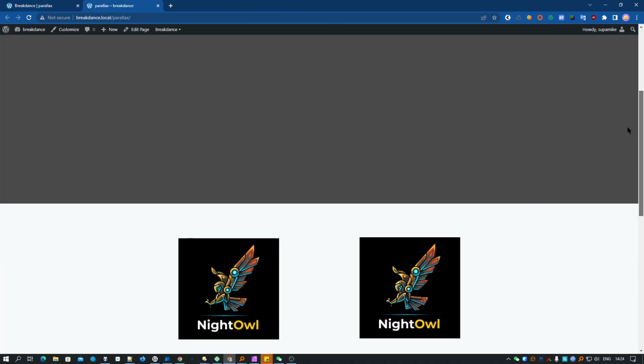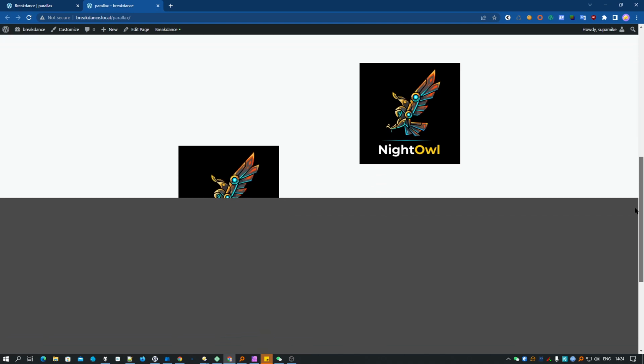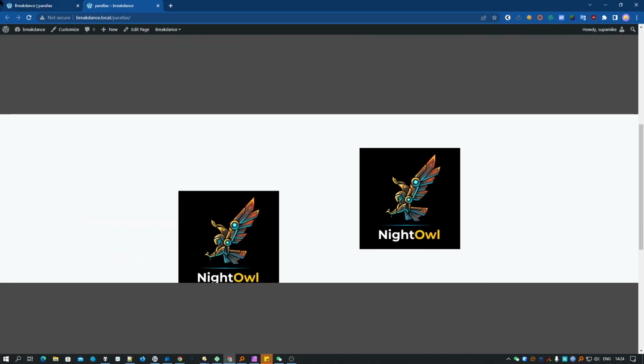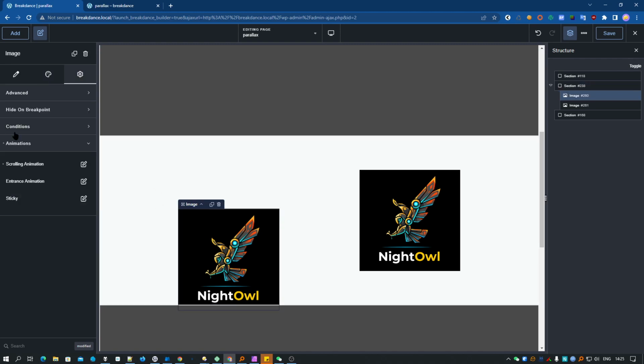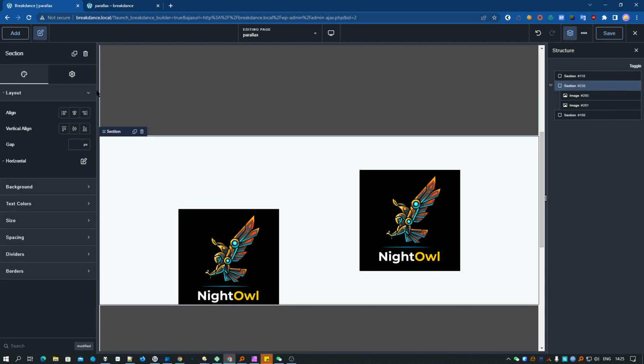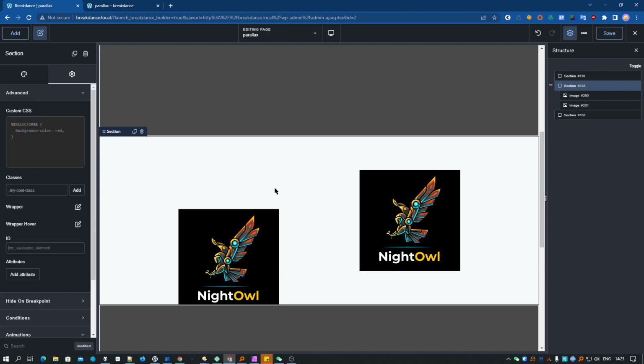If you can see, this image here should be at the same position as the one there. And when the white one reaches the top, the animation stopped. Let's show you how to fix that. So it's not a bug, like I said, it's just a good practice. So we select our image here. We select our section, go to advanced, and we add an ID, a class or an ID actually, as long